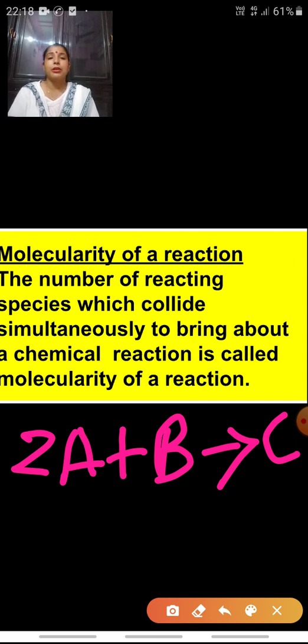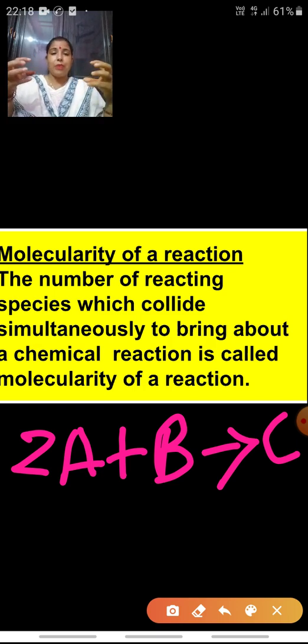mole of B. Now, generally, see what happens when a chemical reaction takes place: there is collision between the molecules. The molecules, or you can say the atoms, are supposed to be spherical, like a ball. Now, when these two atoms collide together, if the orientation during the collision and the energy during the collision is sufficient, then they can penetrate into one another and result in the formation of the product.